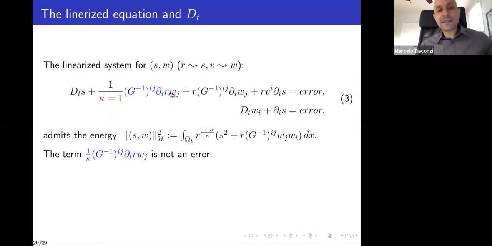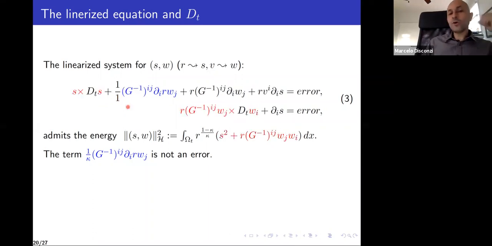And to explain that, let me set kappa equal to 1 for simplicity. And then what you're going to do when you do energy estimates is multiply the evolution equation for S by S, and you multiply the evolution equation for W by W. And you do that for reasons that I'm going to explain in a second. You multiply the second equation not only by W, but by W with this coefficient. It involves G and involves R. And then these terms with the time derivatives, the material derivatives, after integrating by parts, produce precisely this energy that you get here. Okay.